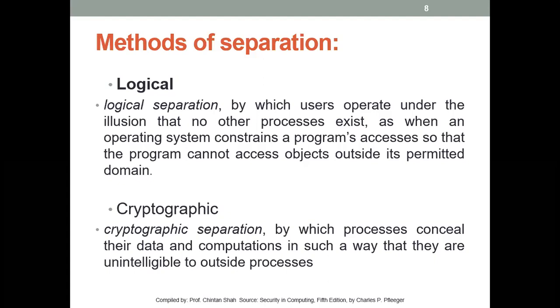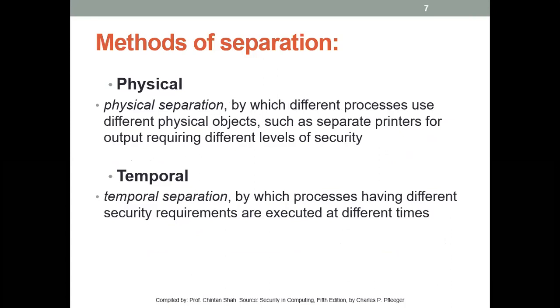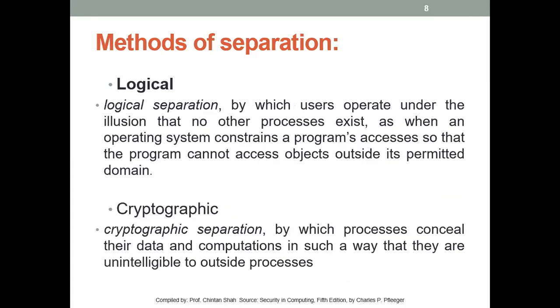So it is a form of separation where one user is separated from another user in a form of cryptography, so that other unintended users should not access it. That is what we mean by cryptographic separation. So these are the four methods by which we can separate and protect. We have seen physical, then temporal, then logical, and then cryptographic. Any doubt in this? If not, then we'll start with the protection, that is the memory and address protection.